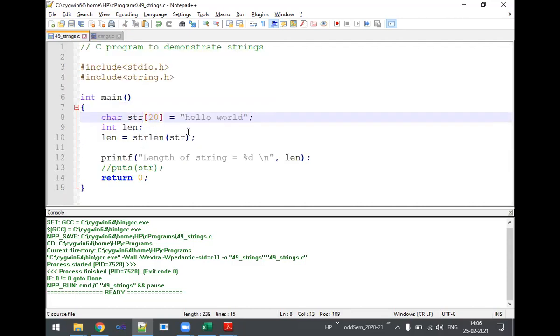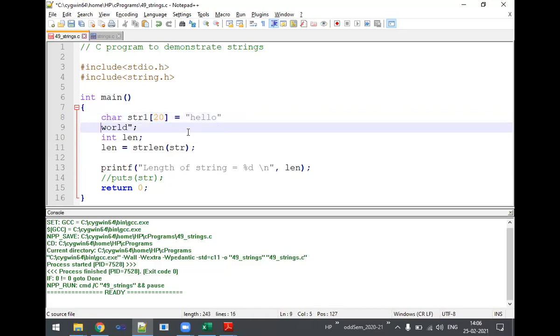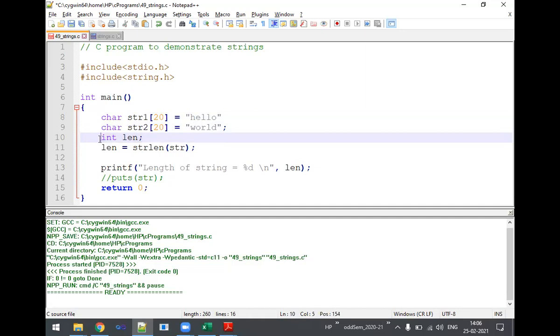So look into the example here. Let me call it str1, and let's say it is hello. Then I will declare one more character array str2, again with a size of 20, and here I'm writing world. So now there are two.